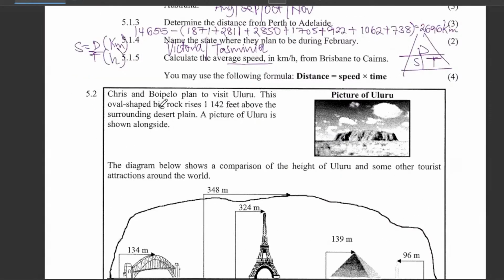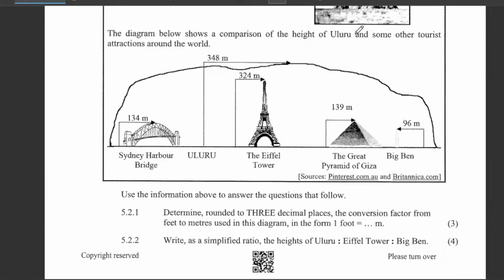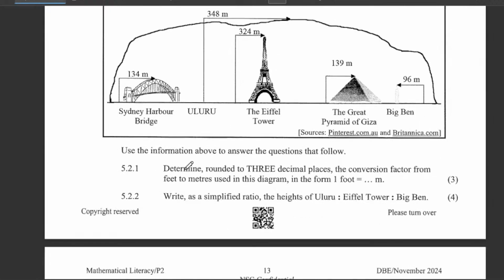We come here and we say, Chris and I plan to visit Uluru. This is an oval-shaped big rock that rises 1,142 feet above the surrounding desert plain. A picture of Uluru is shown alongside. That's how it looks, the diagram below. So now the height is being compared with these other items. So they're saying determine, rounded off to 3 decimal places,